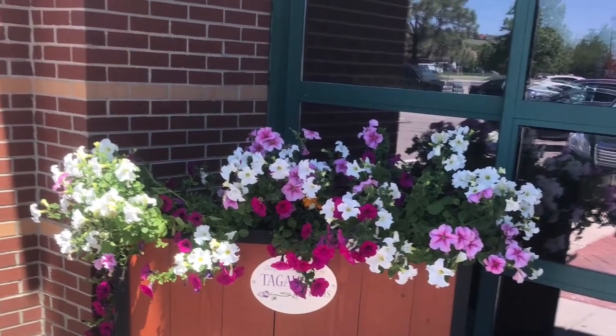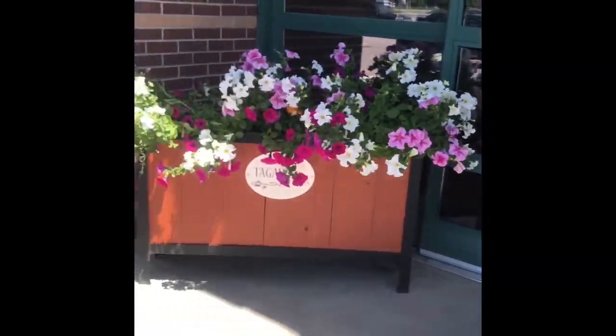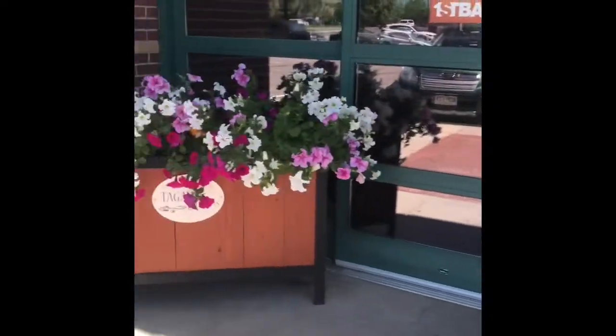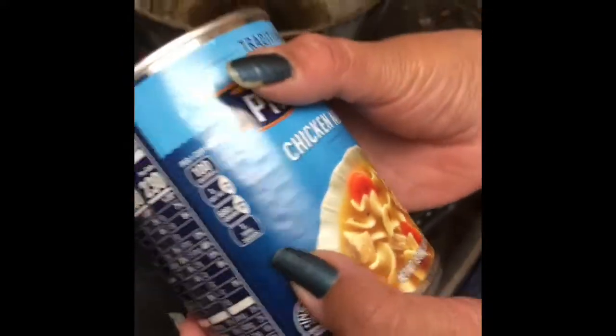Here I had to go and do some errand, so I just saw these good spring flowers, and look, now summer is officially starting. I'm so happy that it is summer and I got my work done over here, but I really wanted to capture these flowers. And the traditional Progresso chicken noodle soup, as kiddos are having a little cough and my daughter is